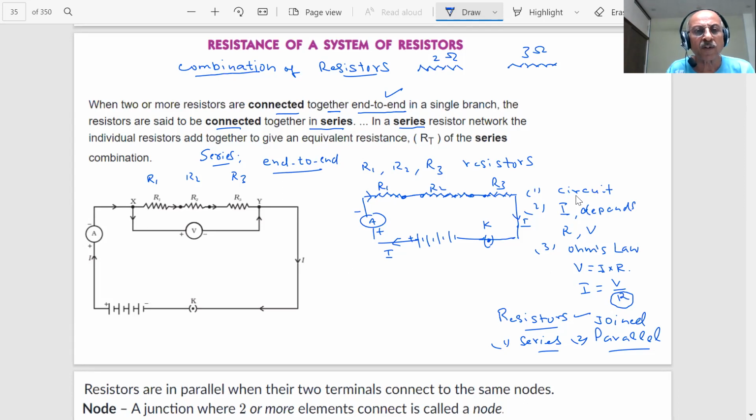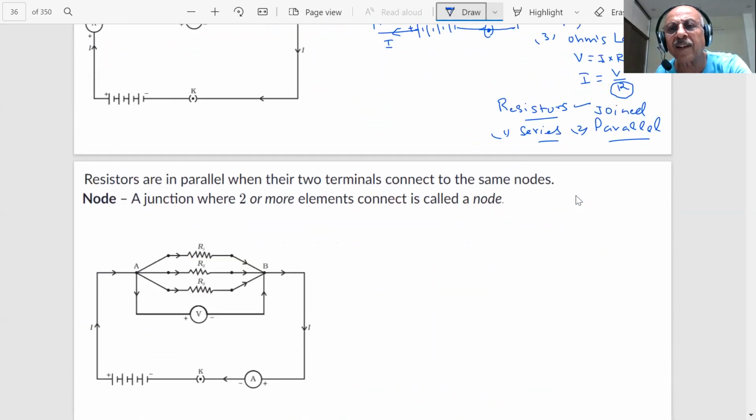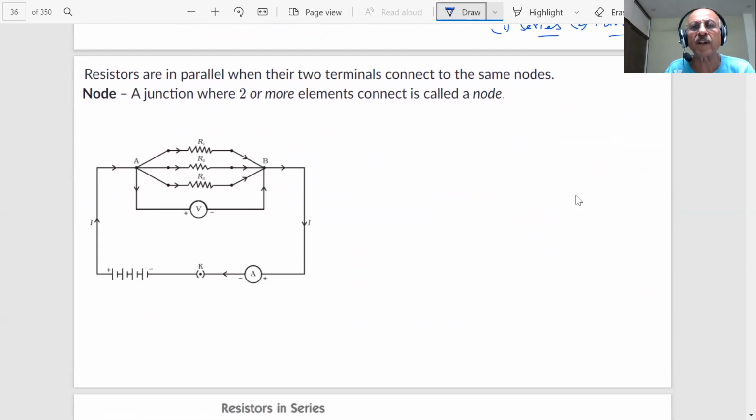And the more circuits you draw in electricity, the more confidence you will get and the more you will learn, student. Our purpose is to learn, not to cram the things. We are trying to decode the entire book, student, so that you can understand each and every word which we are talking. So here we have connected the three resistors R1, R2, R3 in series.